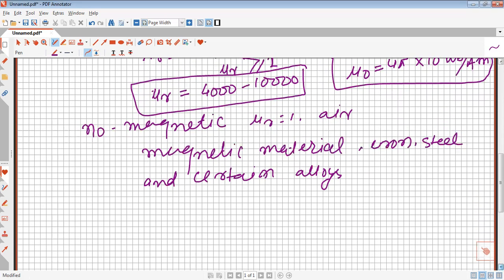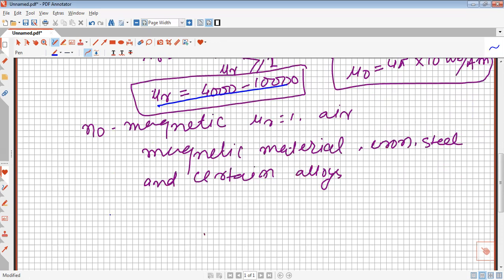So these are certain fundamental things that we have to keep in mind to analyze all these things. Magnetic permeability: I have told relative permeability, this relative permeability mu r, is 4,000 to 10,000. If its relative permeability is high, the material is called a good magnetic material. And if it is 1, it is a non-magnetic material. So flux, I will study here in detail. First of all, I will go about it, then I will go on to some numerical part also.